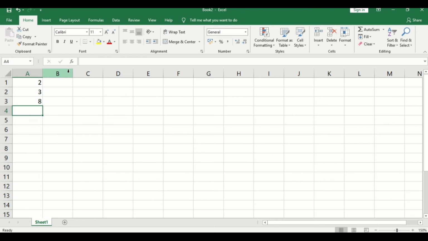The next one is the product function. What is the product function? The product function is nothing but multiplication. We say multiplication; multiplying is the product function. Okay, so I am entering 2, 3, 4. These are the numbers which we are going to multiply. So what is the formula for the product function? Equal to